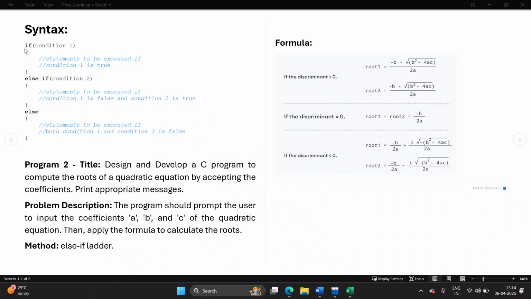So the syntax goes this way. First, you start off with the first condition. If this condition is true, then these set of statements will be executed. If this condition is false, it will check for the second condition. If the second condition is true, only then these set of statements will be executed. So for the second block to be executed, the previous condition should be false and